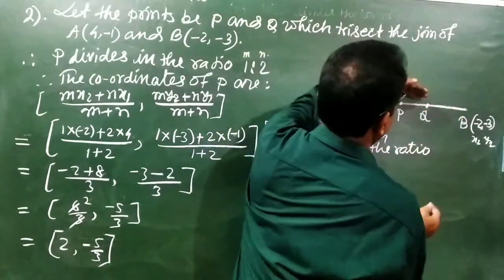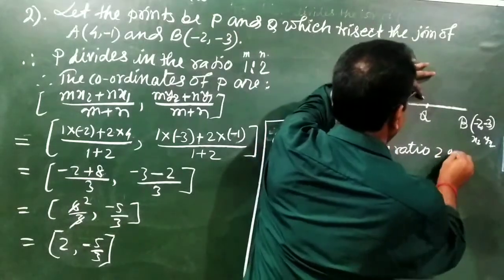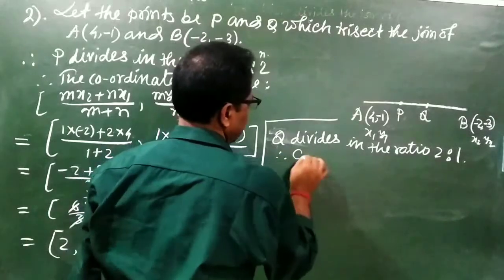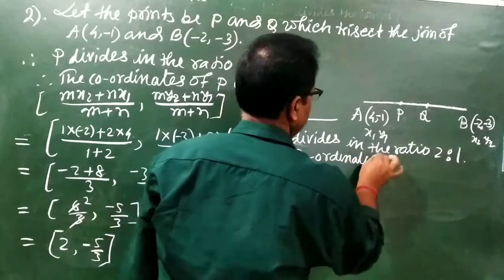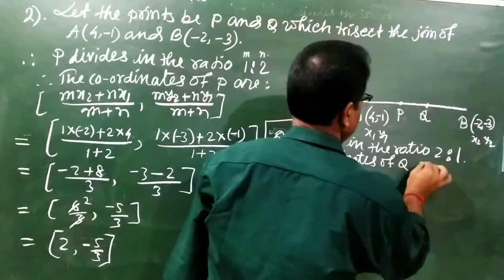So for Q, to reach this side, first part, second part, that is 2:1. Therefore the coordinates of Q are